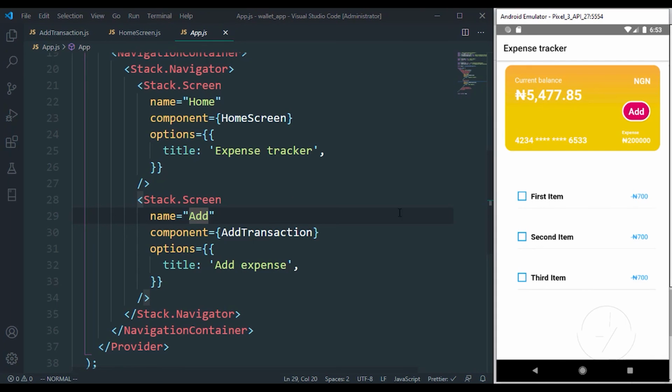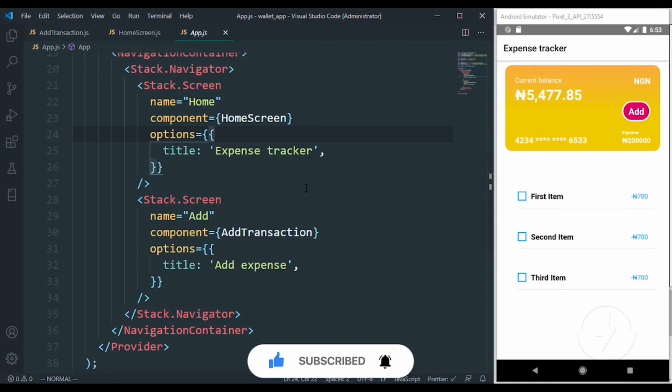But for the button, let's not talk about it for now. When we are about to start working on that, we can just quickly add it together. But for the next video, we are going to start working with our Redux and also grabbing data, and also we are going to sum up the data, and we can move on from there, and then we can have a full working application once we are done.